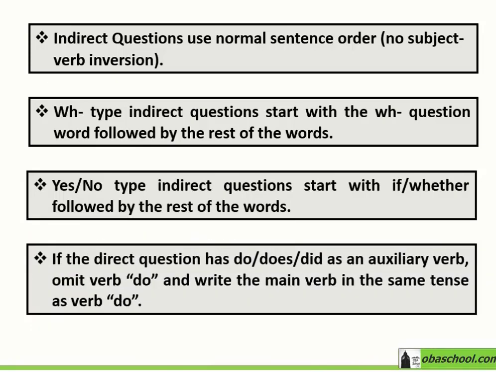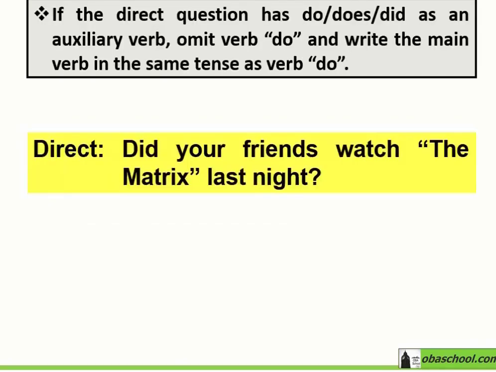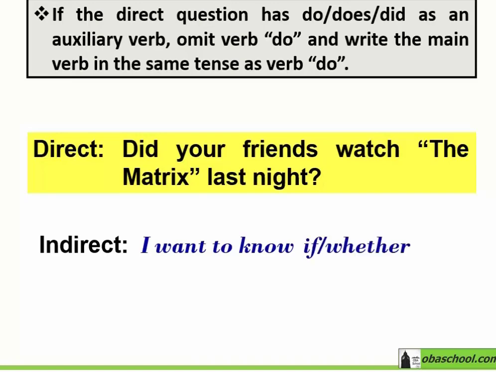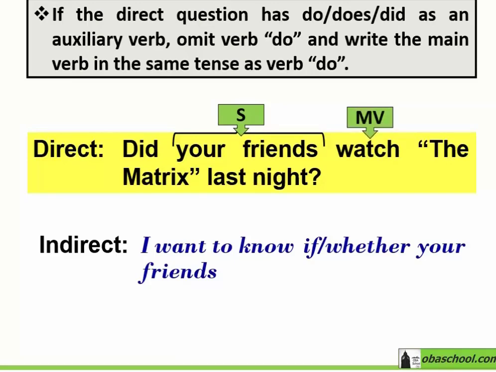So, if the direct question has do, does, did as an auxiliary verb, omit the verb do and write the main verb in the same tense as the verb do. Let's together look at this example. The direct question is, did your friends watch The Matrix last night? Let's start with I want to know when changing it into an indirect question. Because we have a yes or no type indirect question, we have to use if or whether. Then we have to find the subject, which is your friends, and write it after if or whether. Then we have to find the verb, which is watch, and we write it after the subject in the same form or the tense,